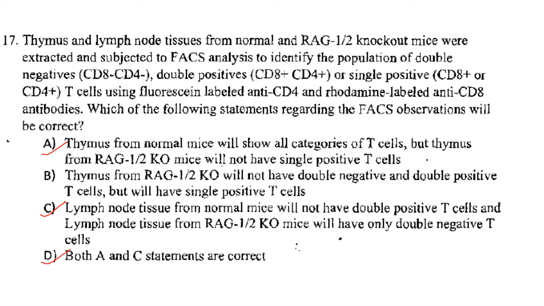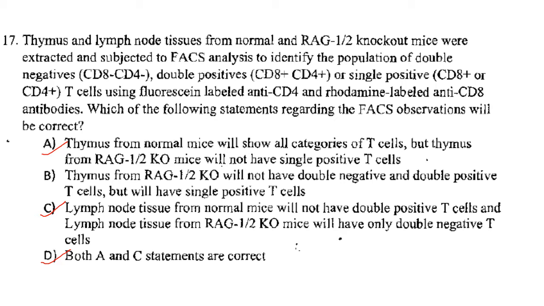So thymus from normal mice will show all categories of T cells, but thymus from RAG1 or 2 KO mice will not have single positive T cells. So thymus from normal mice, they will show all the categories of T cells. There you will find the double negatives, double positives, and single positives also. But thymus from RAG1 or 2 knockout mice will not have single positive T cells. That is correct. Why? Because RAG1 and RAG2 knockout mice don't have that particular protein,